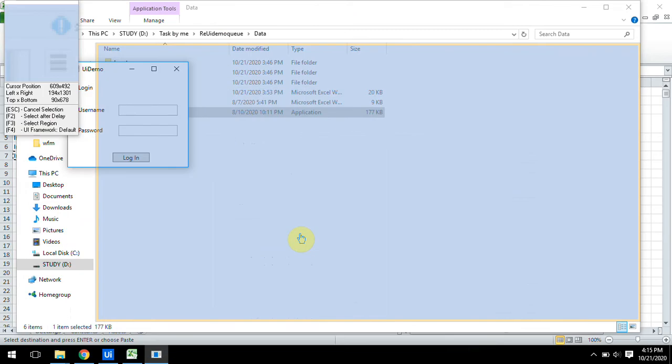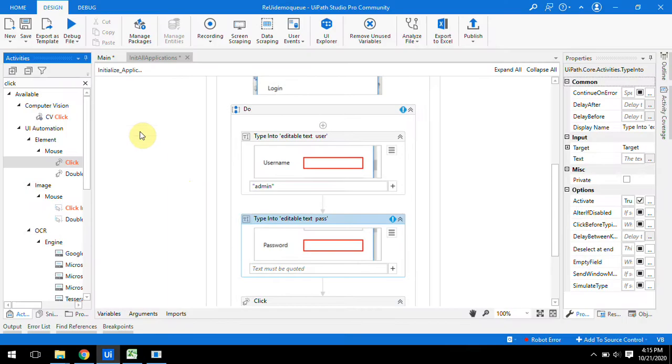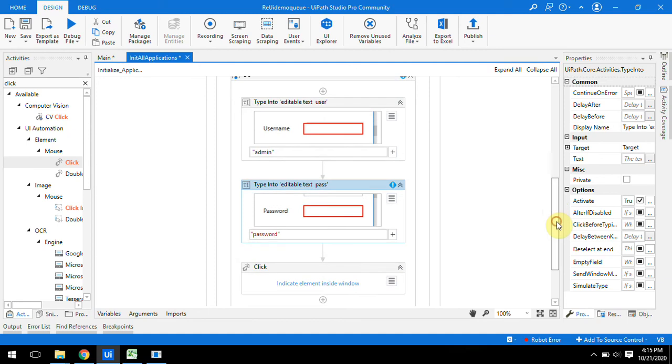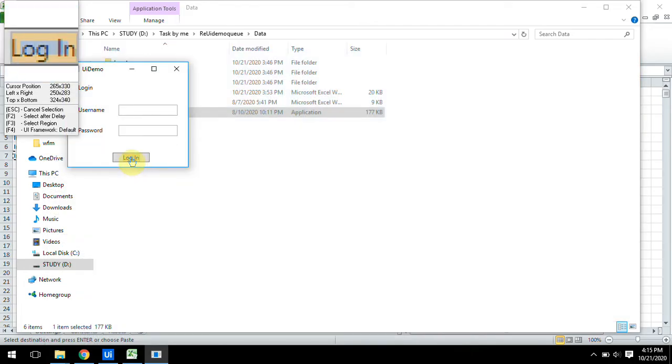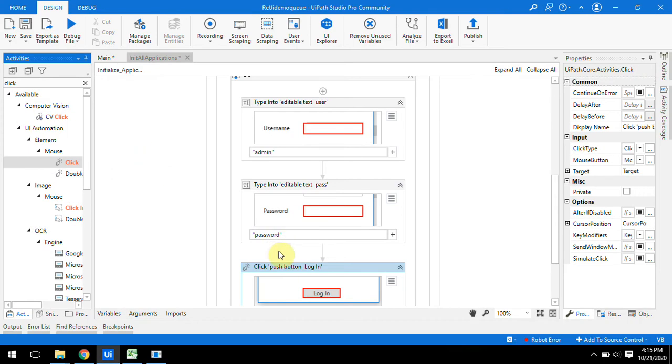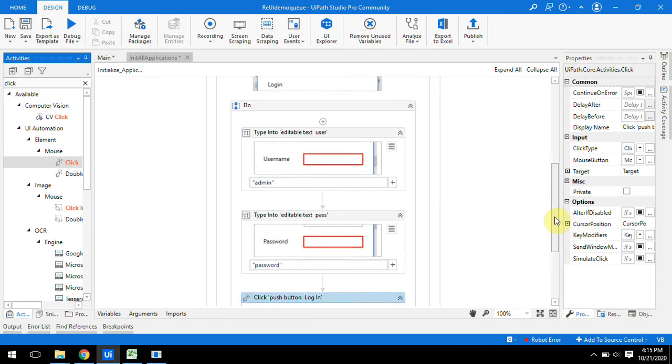Again click, indicate the password. We must use Get Credential, but to save time I'm using this one. Click on login. So our first part is completed.